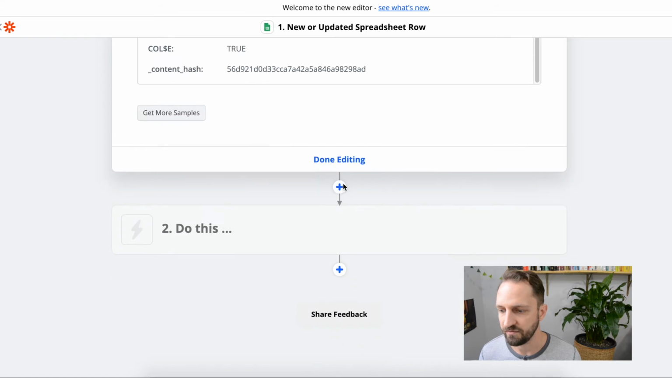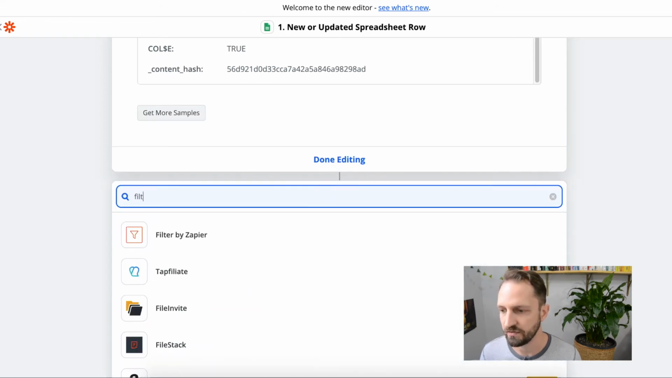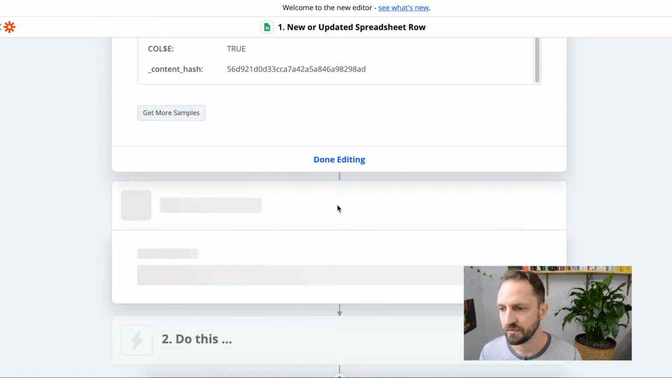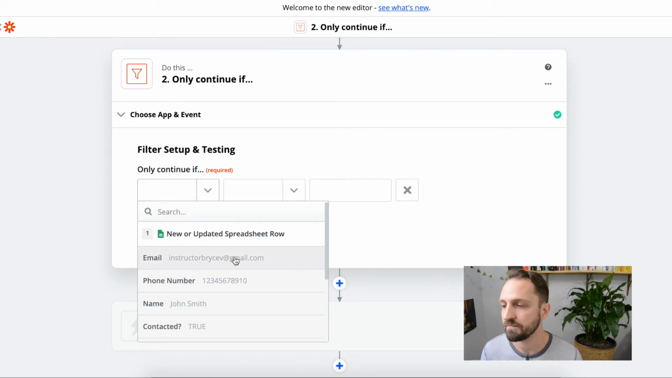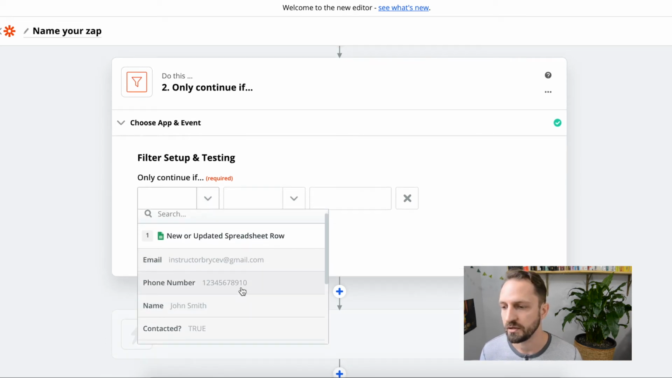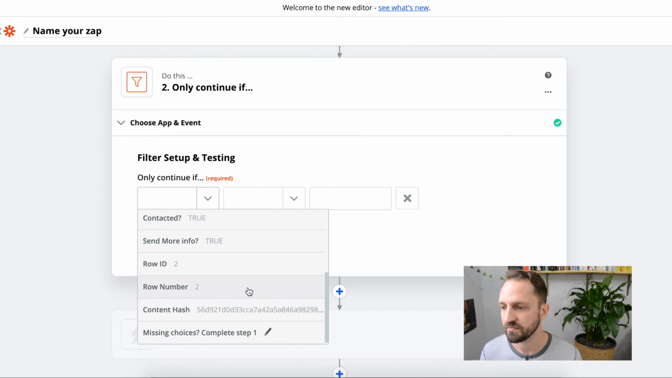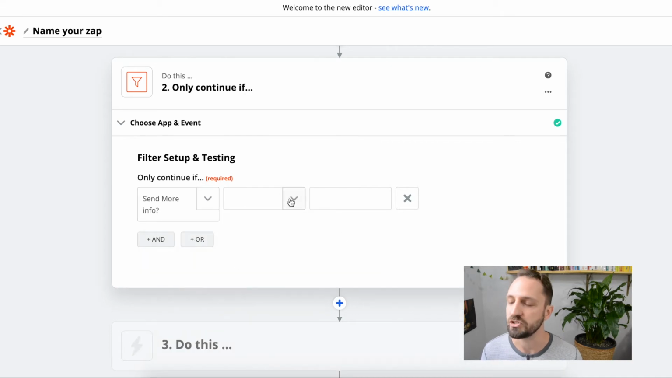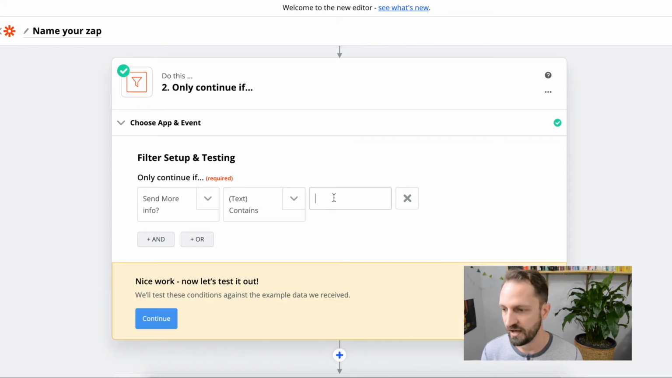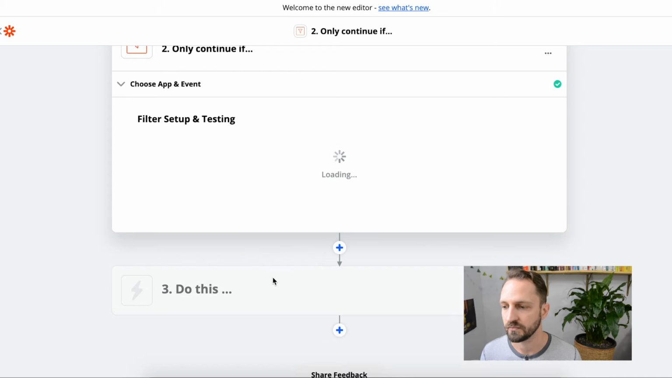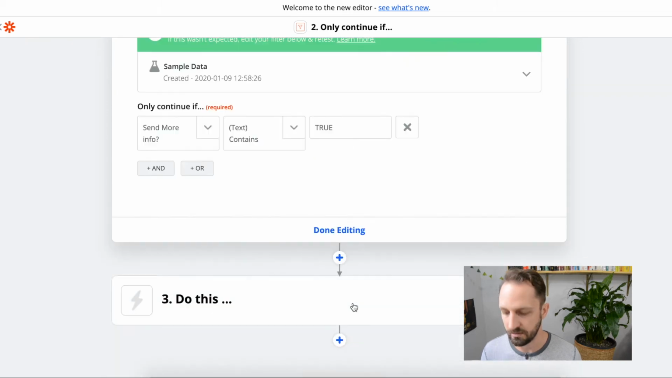We're going to add that filter just to be safe. The reason we do this is because that column could be updated with a false value or something that we just don't want. We just want to be sure that we're only sending this email if that value is true. Okay, perfect. And then the last step is going to be